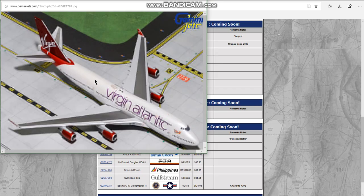And looks like a very nice model. The only thing, and I'm going to go on a little bit of a rant here for a minute, but the only thing with this and with a lot of the other releases is the re-release of an aircraft that is still available. Like the Virgin Atlantic that they released like a year and a half ago, I think, is still available. And there's many other aircraft that people have been waiting years for them to release, and they still haven't. Like the Delta CRJ-900, the American CRJ-900,